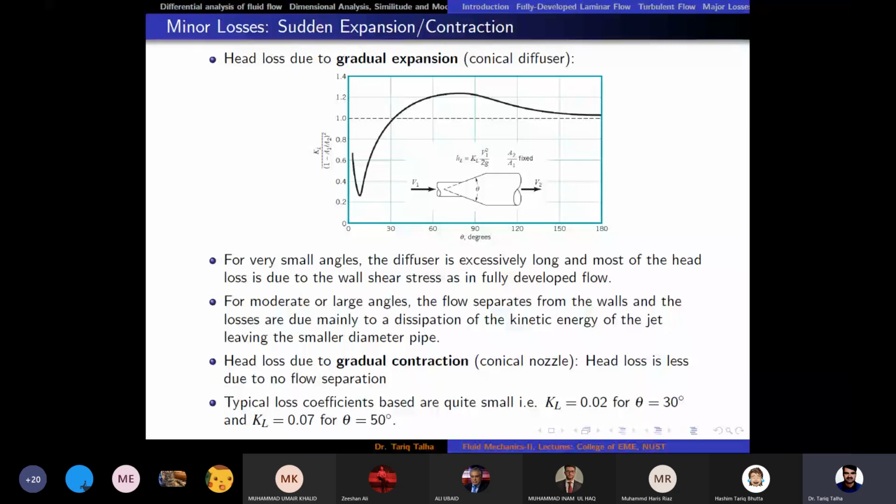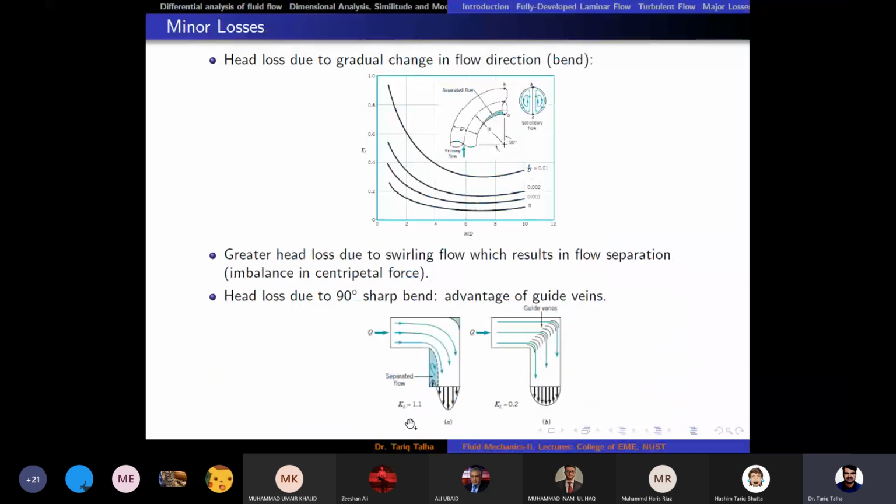Up till here we have discussed all the minor losses or loss coefficients due to discontinuities in flow. We haven't discussed up to now any loss in the components. So there is another discontinuity left, which is of course the bending of fluid, like taking some turn in the piping system, like a 90-degree turn or maybe a 35-degree, 60-degree, or 180-degree turn.